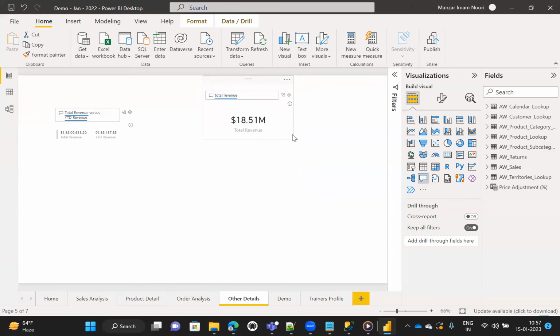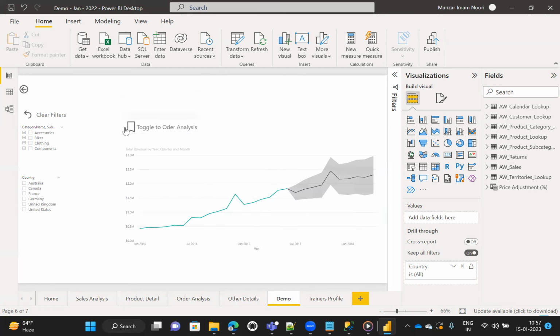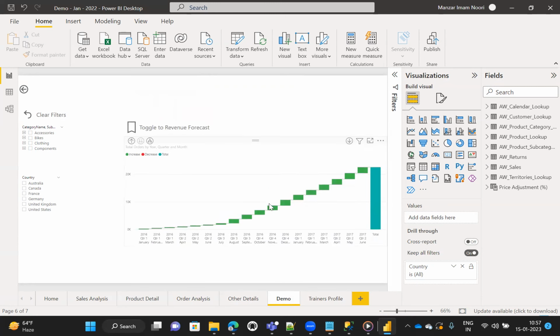So these are very important and easy to use capabilities. They are mainly for users who have less knowledge of the tools and want to create their own visualization. You also have the capabilities of creating interactivity. Here you can see the chart is created, and by just clicking this, you can toggle between the charts. All of these capabilities will be covered in this demo.